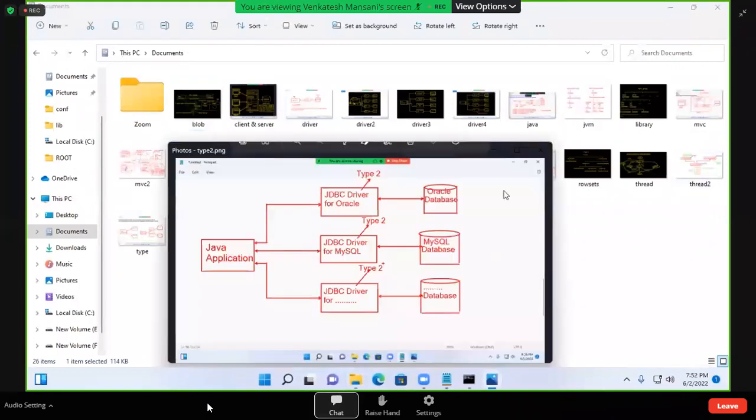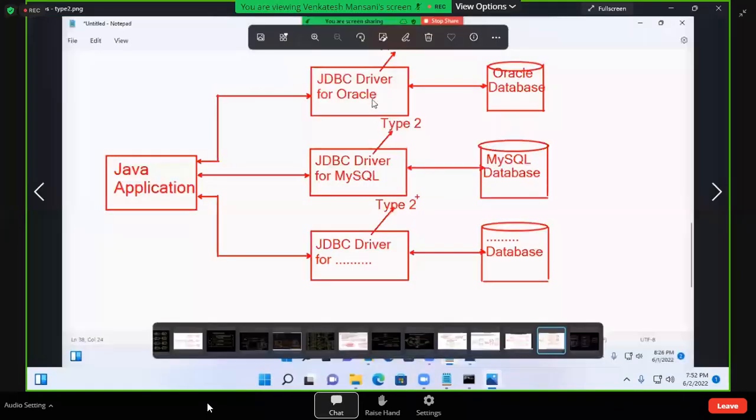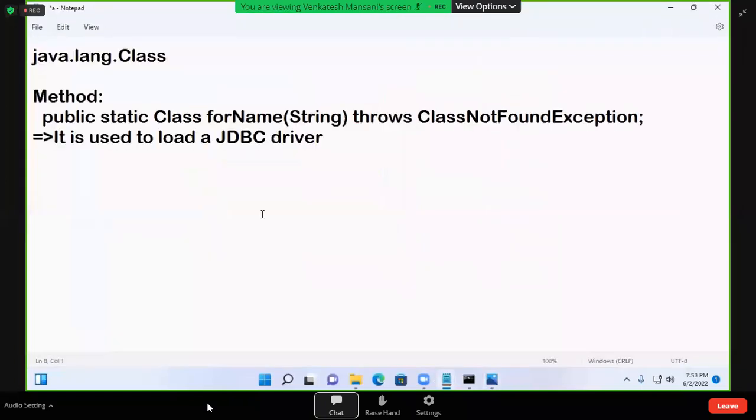Here, type 2 driver. See, JDBC driver for Oracle, JDBC driver for MySQL, JDBC driver for DB2, JDBC driver for Derby. Like this, separate driver. Every database, separate driver is there. Now, I'm going to give for Oracle. Now, write it. Type 2 driver